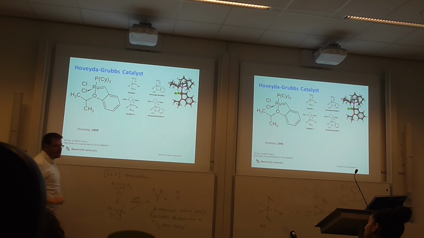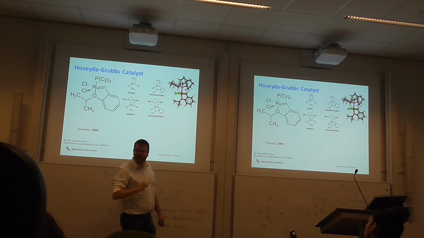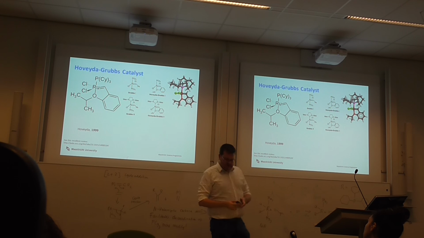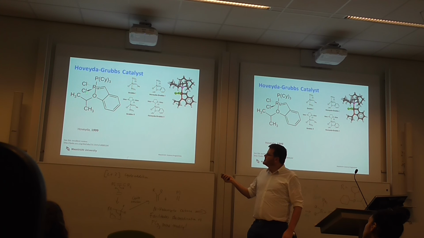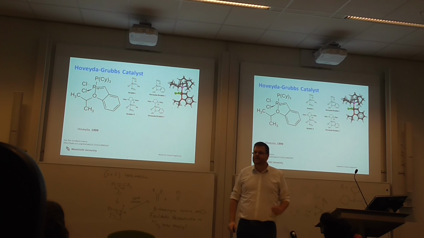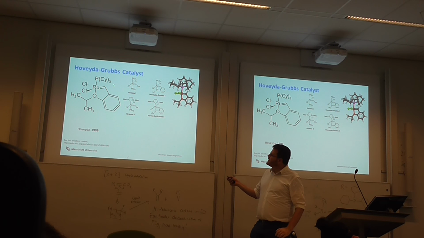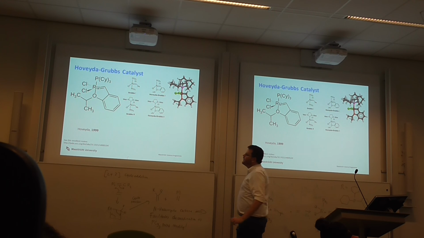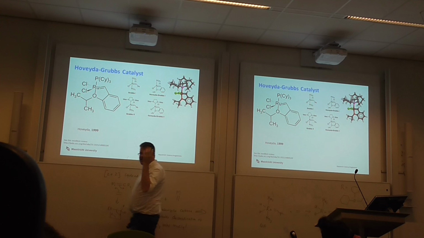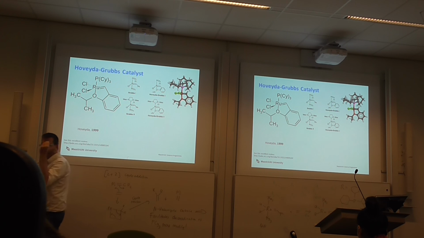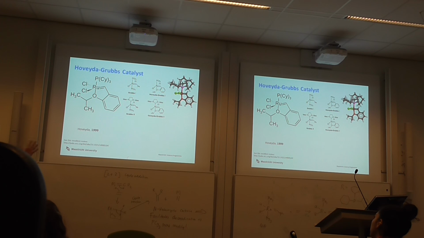But ruthenium is not an early transition metal, it's not so oxophilic. So this ether coordination is going to be extremely weak, very weak. And so what this basically is, it's a source of this hot 14 valence electron active catalyst species, sort of in disguise. Because the moment this guy goes into solution, that O is